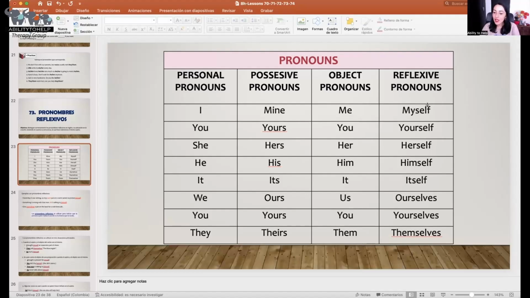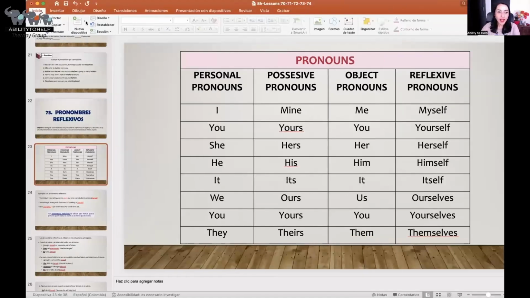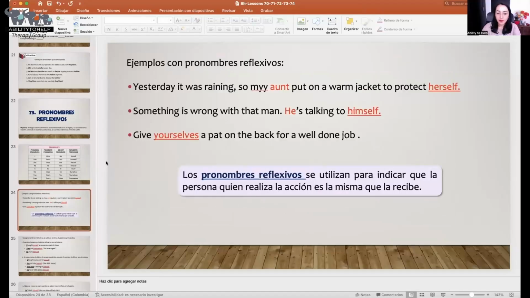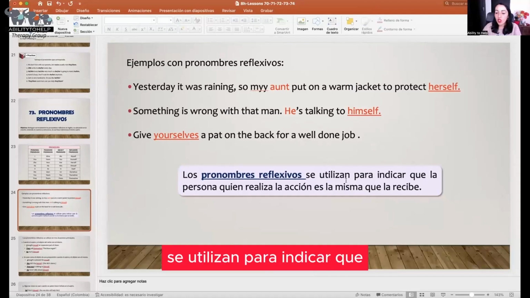Notice that it is a really simple pronoun, and in addition, you could talk about you. So let's practice. So, in Spanish, los pronombres reflexivos se utilizan para indicar que la persona que realiza la acción es la misma persona que la recibe. Recuerda,